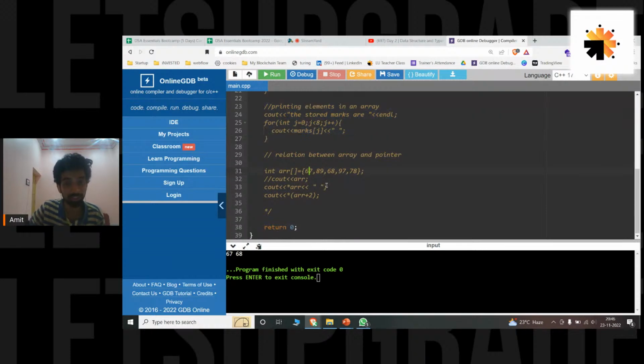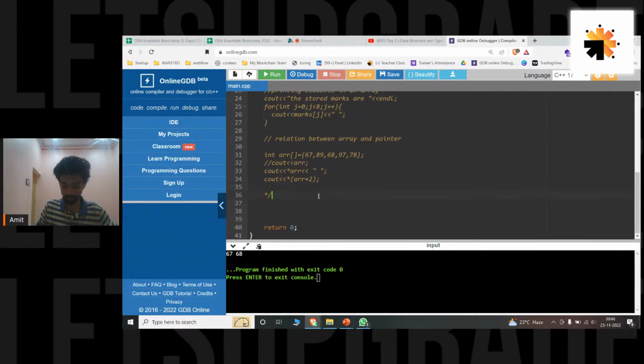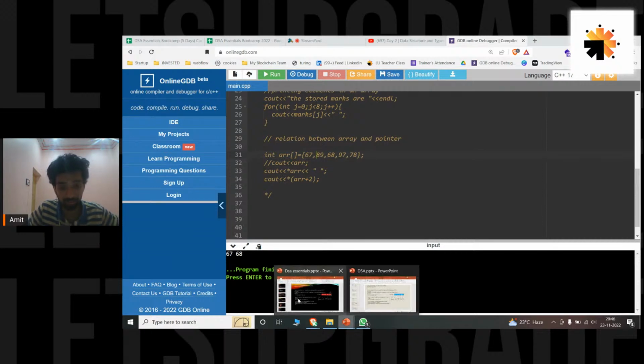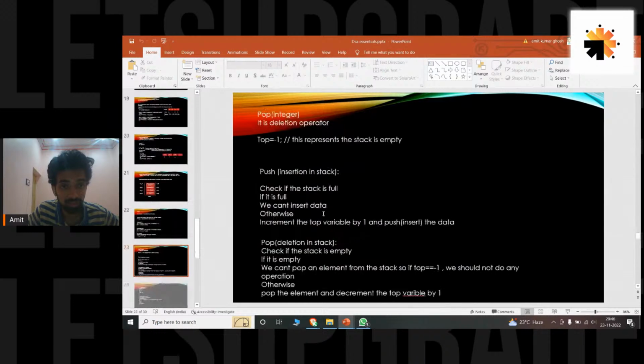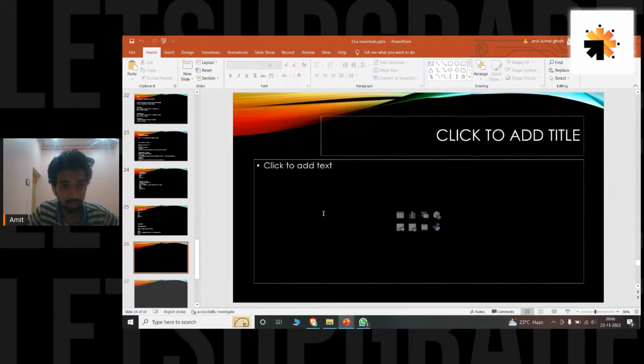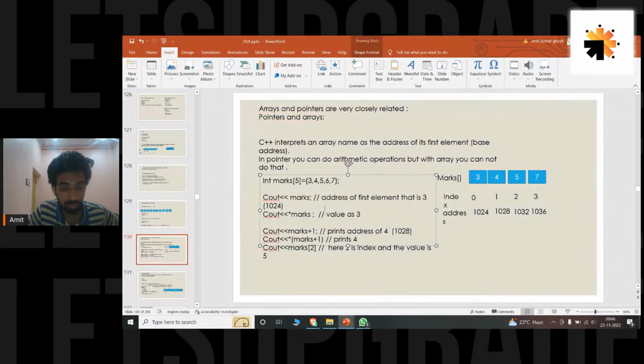We saw the relation between pointers and an array. Now, can we enter elements in an array? Suppose this is the array, 67, 89, 68, and I want to enter an element here. Can I do that? Yes, I can. Are you guys getting it? So how to do it? Let's see. Suppose I want to enter some value between here and here. The logic we'll be using is, if I want to enter the element here,